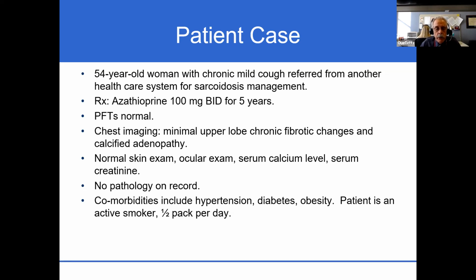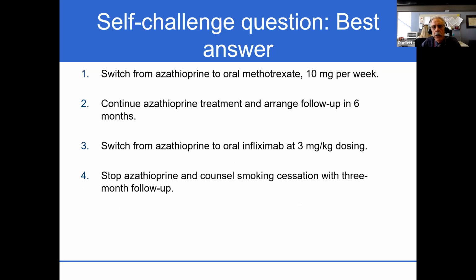And you examine her skin and look at her eyes and measure her serum calcium levels and her creatinine, and all of those things are normal. You don't have any pathology on record. She perhaps tells you that 20 years ago, she thinks she might have had a biopsy, and she's got quite a few comorbidities, including high blood pressure and diabetes. She's obese. She's an active smoker. So I'd like you to reflect on what you might do next with this